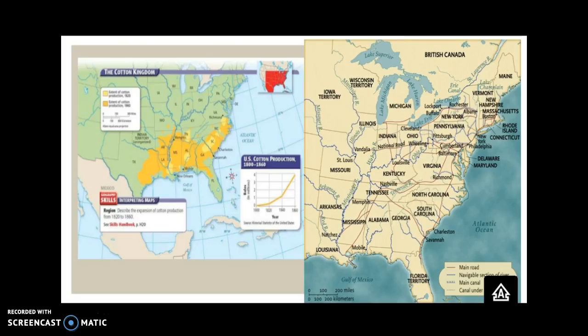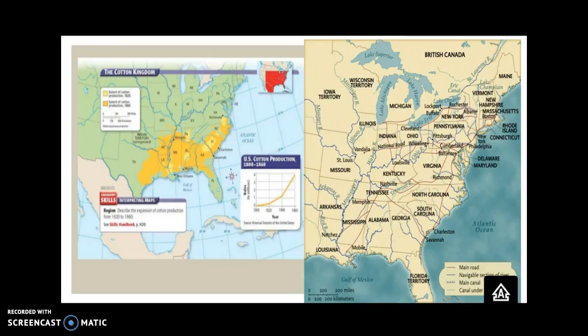So the next question: how did Henry Clay's American system help promote national unity? Henry Clay's American system, if this is your first station for the second round, and you haven't done the background research on it, I would encourage you to look in Chapter 7, Section 1 of your textbook, and that could really help you out as far as the individual components.